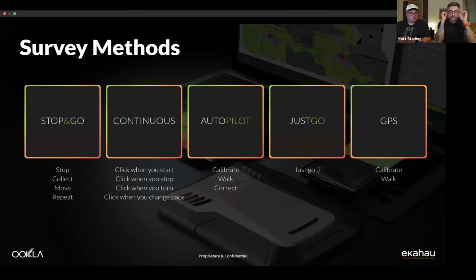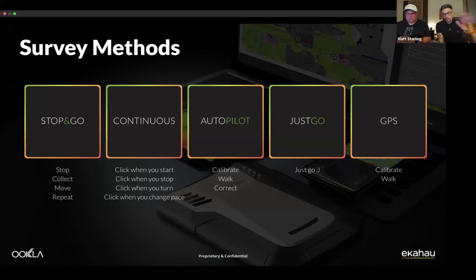And then I would say Just Go is still the wow factor. We did some demos today for people doing the Just Go survey, and the crowd that it brought around when you start to use it, because effectively you don't even need to have a floor plan. You don't need to tell the map where you are. You don't have to give it a scale. If you've got an iOS device that's got the LiDAR scanner, so basically a pro version of the Apple device, you can just connect it to your Sidekick or Sidekick 2, hit go, and then start surveying. So it's a great option if you don't get up-to-date floor plans, if you don't get any floor plans, or you just need someone to quickly collect some survey data for you to then take a look at and analyze, then it's an awesome method.